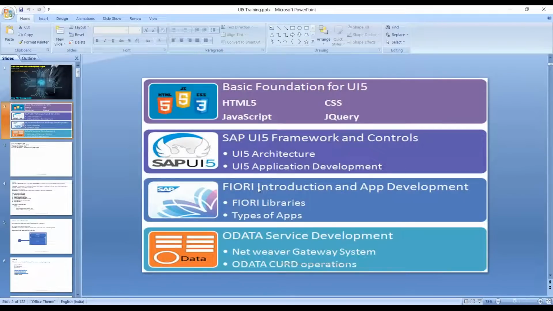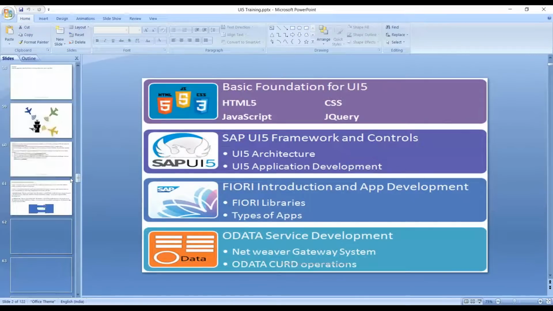This has been many times a question in your mind, Anubhav, what is the difference between UI5 and Fiori? I hope I will be able to answer today this most important question, the difference between UI5 and Fiori. Before we get into this discussion of UI5 and Fiori, let us go ahead and talk about